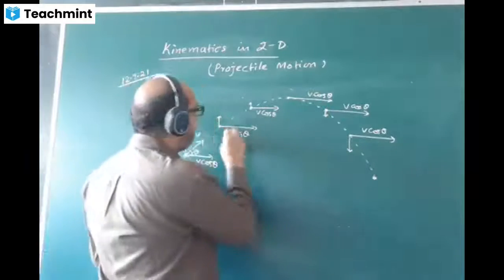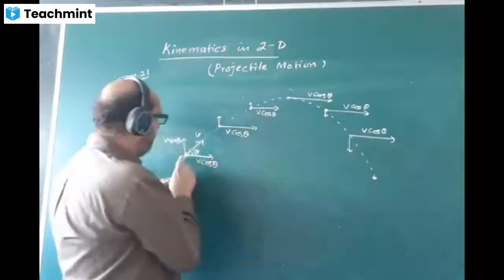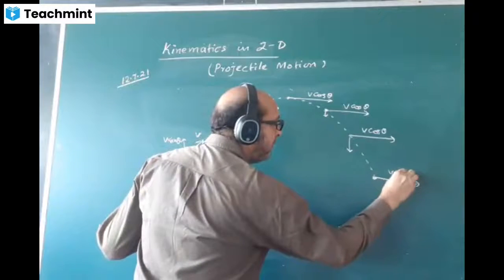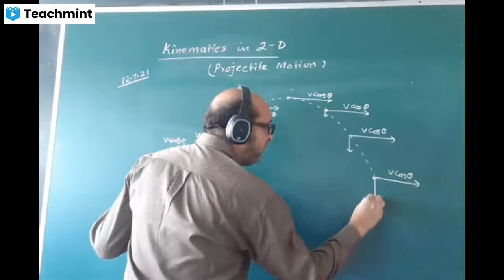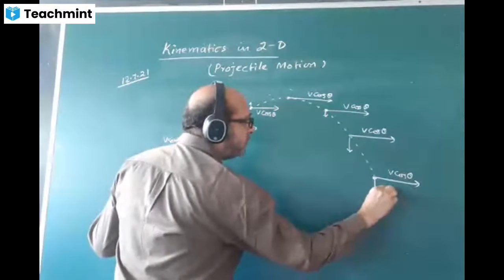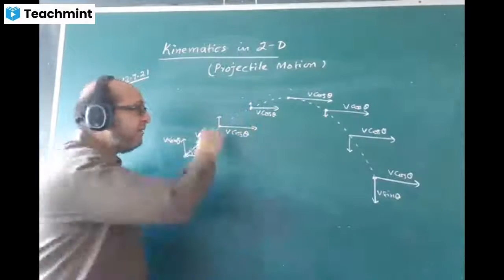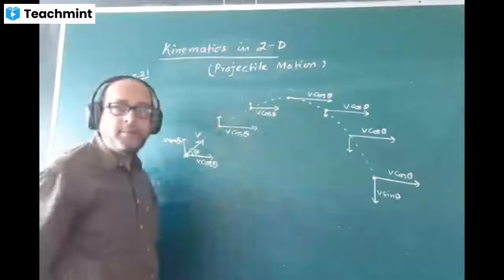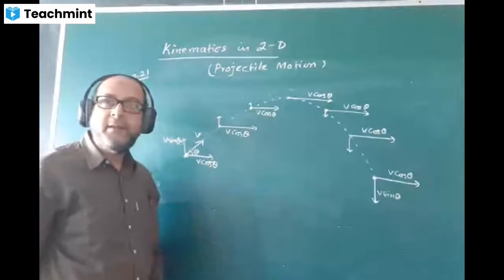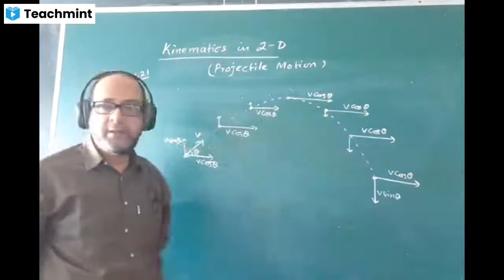So the size of this value will be the same, only the direction is changing. At the same level, out here, this will be v cos theta, and this will become the same as this one. That is, the same value will come back now. Same velocity, because energy is constant. We know that fact. At the same level, the velocity will remain the same, but only the direction will be different. I mean, the magnitude of the velocity will be the same, but the direction will be just opposite. It's going up, it's going down, like this.